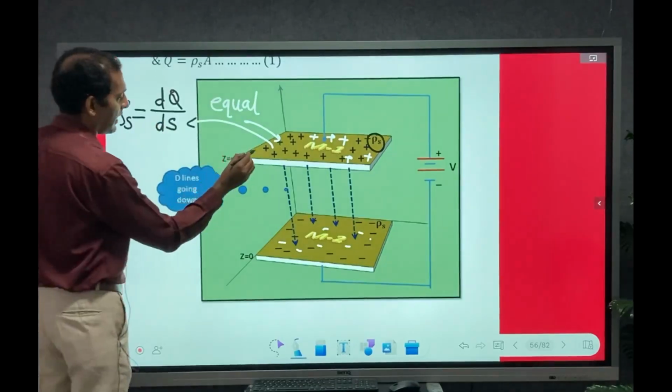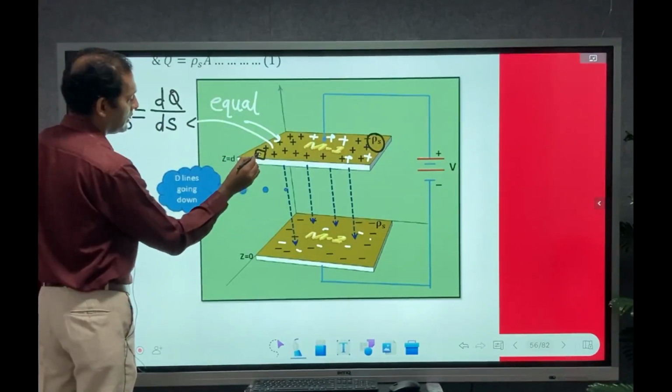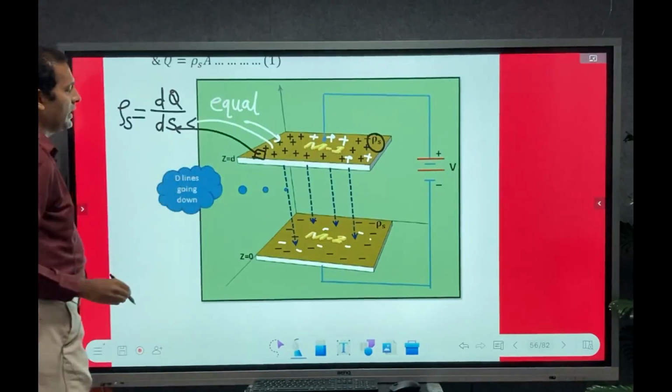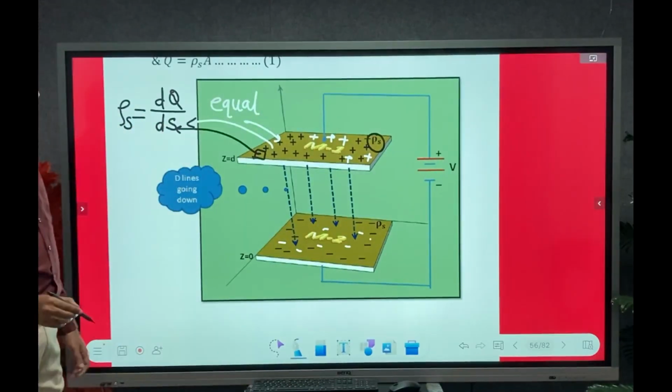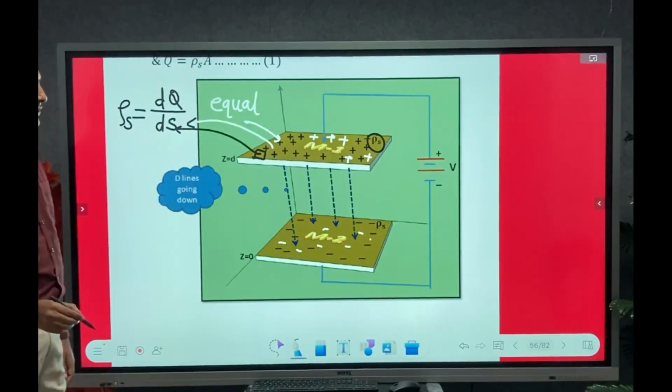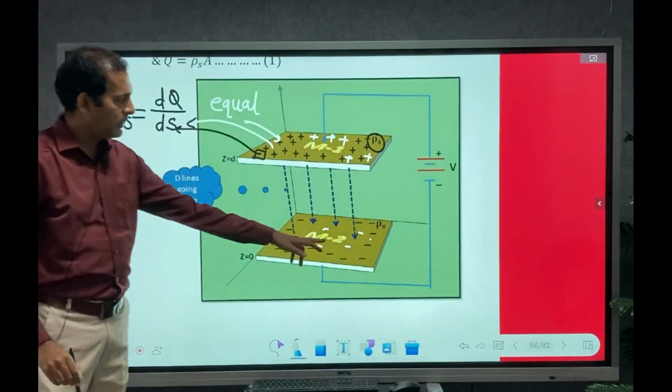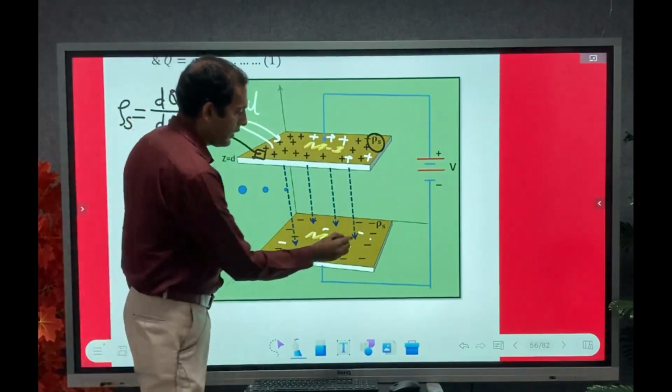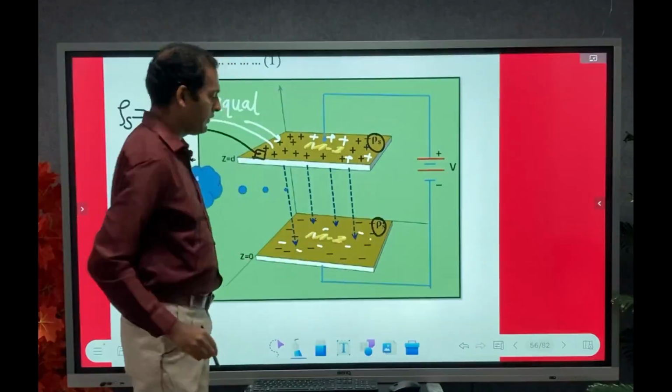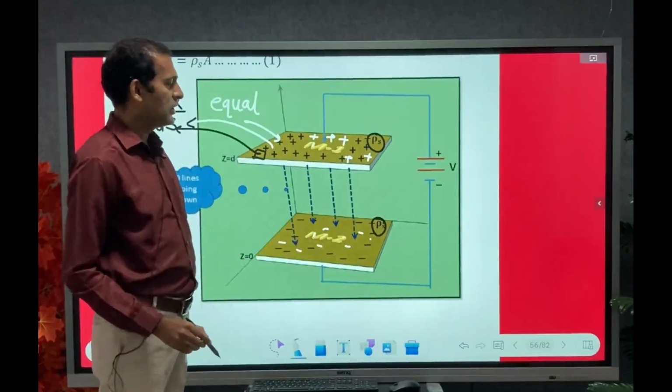If we take out a sample differential surface, we can find out the rho s for this particular differential surface. Similarly, the bottom plate has surface charge density, but its charges are